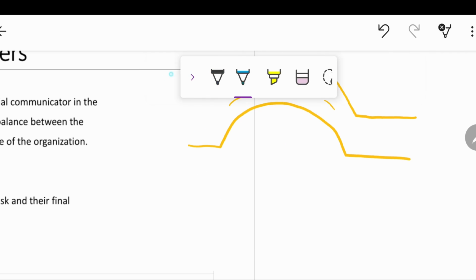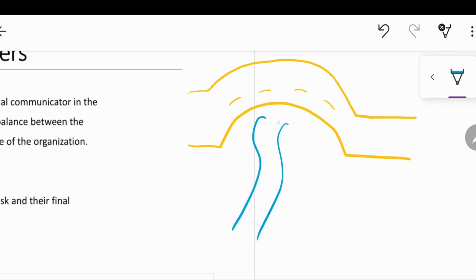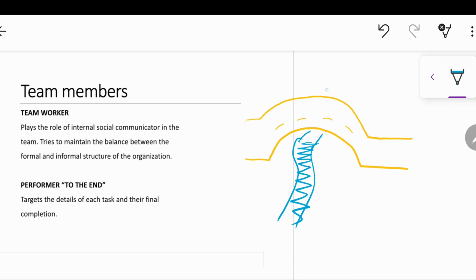All right, so yeah, just draw my nice bridge. All right,